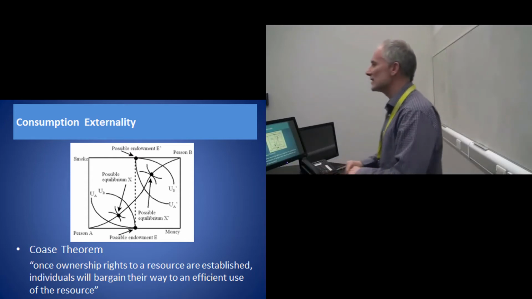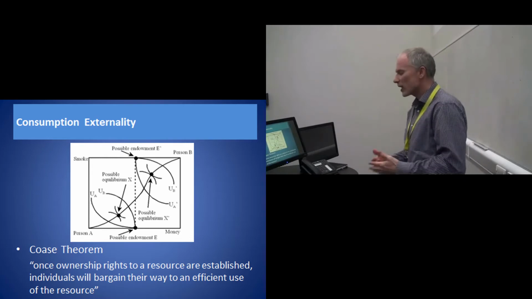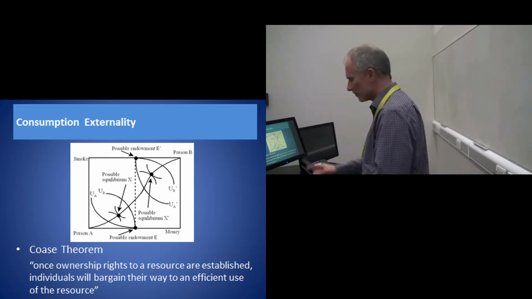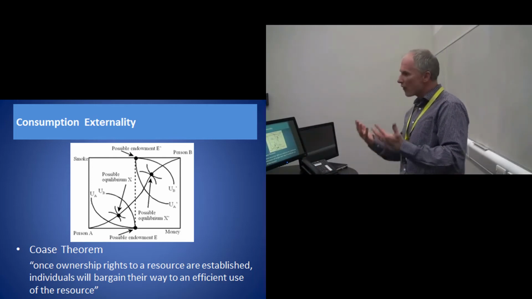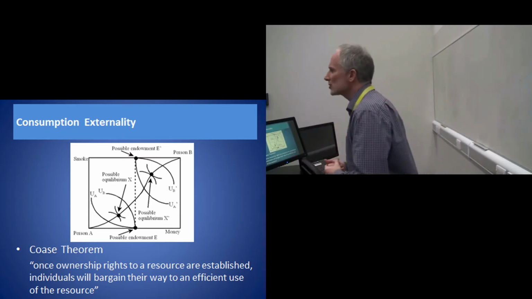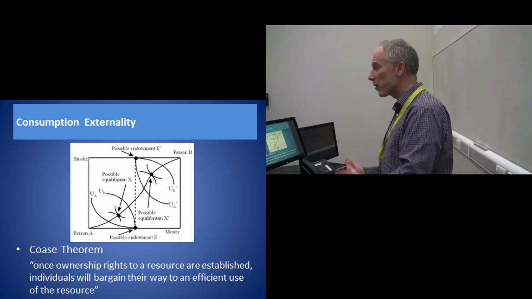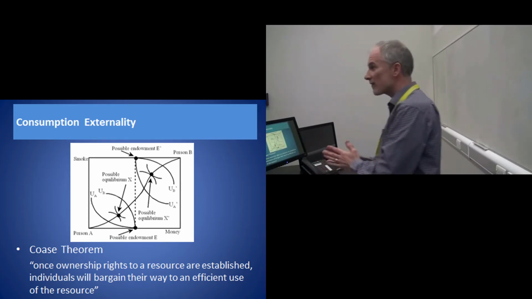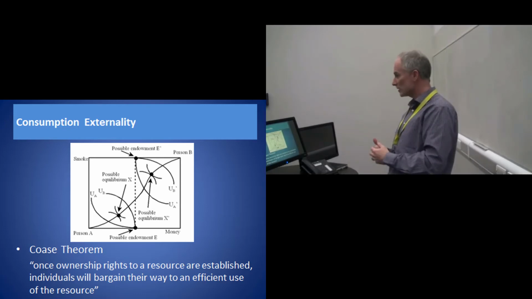When externalities arise, it causes a problem. We get inefficient outcomes. But what I've shown here is that if these individuals are free to bargain amongst themselves, actually, it isn't a problem, because these individuals can arrive at an outcome that is Pareto efficient. And that finding, in the presence of externalities, individuals can trade.